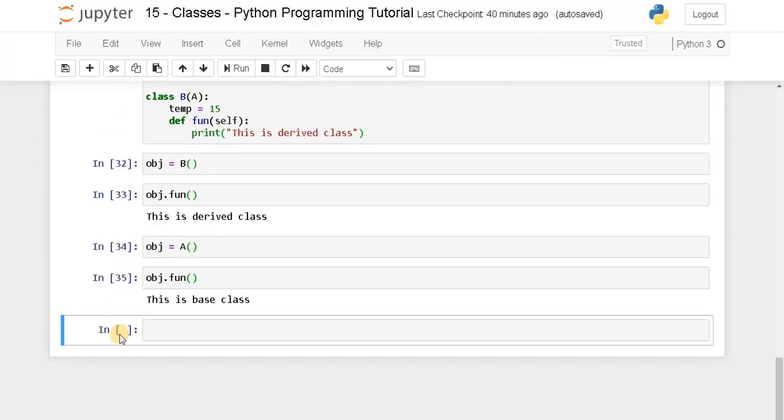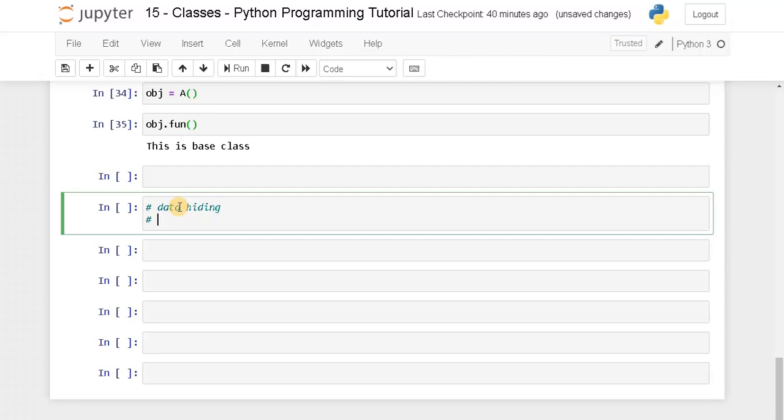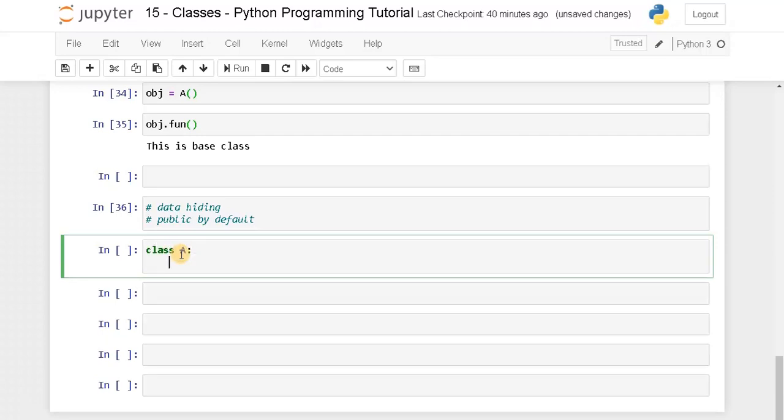And the final concept is data hiding. By default all the class variables will be public. So let's create a class A and define a variable, temp equals 10.